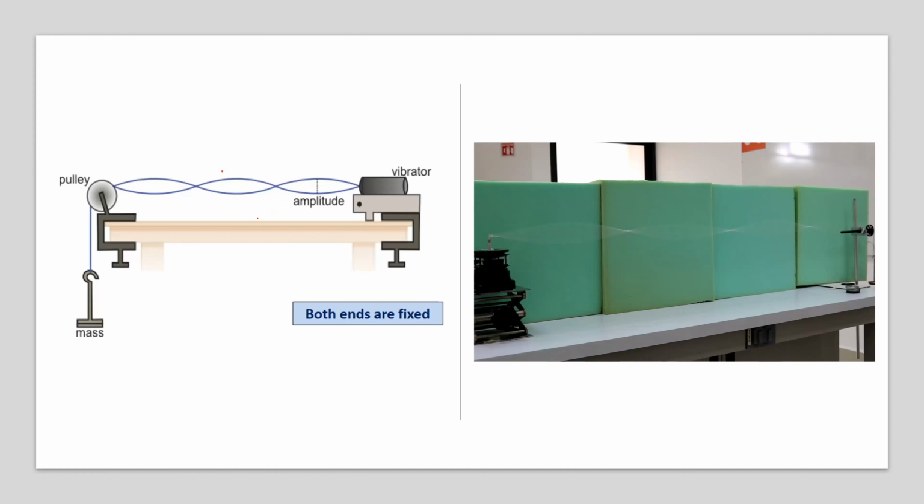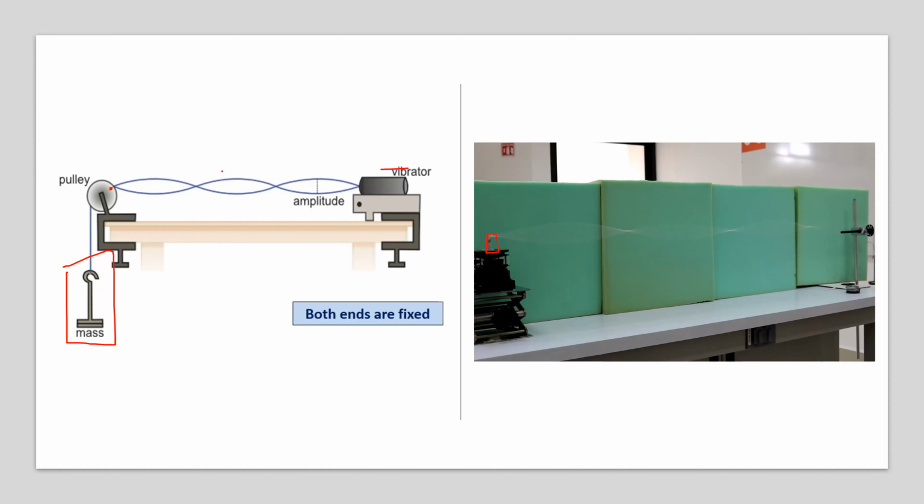On the left, we have an overview of the experiment. We have a vibrator on the right here. This is what creates the wave. And on the right, we have an image of the actual experiment. The vibrator will be this thing right here, which goes up and down very fast in order to create the standing wave. Here we have the wave, and on the end, there's a pulley system on which the string connects to a mass. This mass will create the tension on the string, because the string is not fixed here,